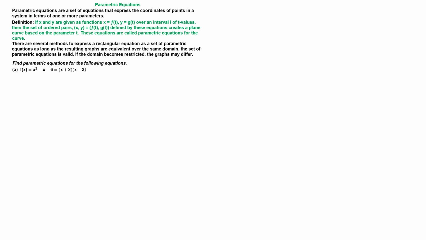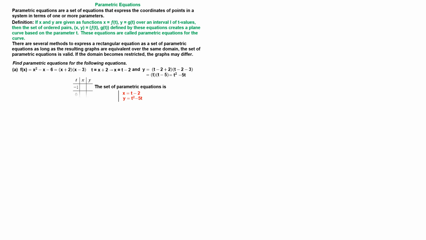We can express this quadratic function in factored form. Now you can let t equal x plus 2 or x minus 3. It doesn't matter. If t equals x plus 2, you can determine the corresponding y by substitution. The set of parametric equations is: